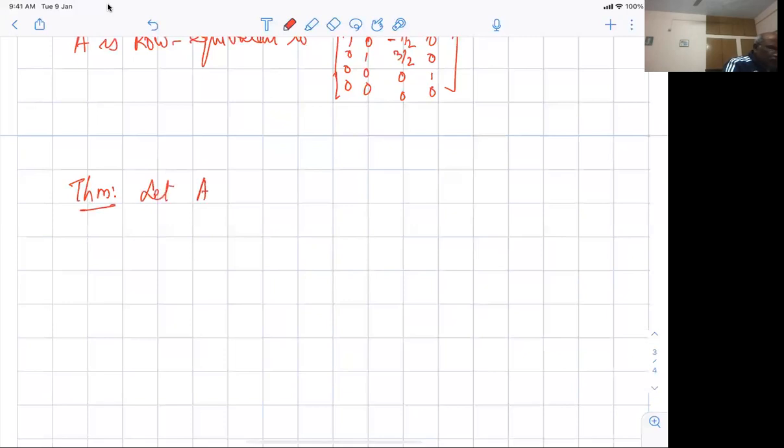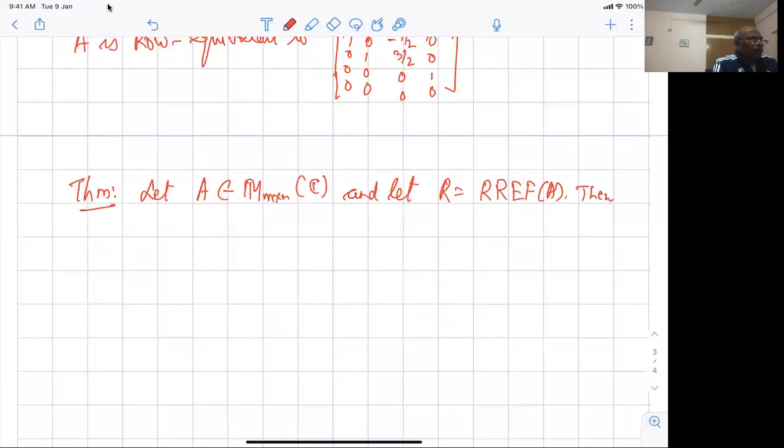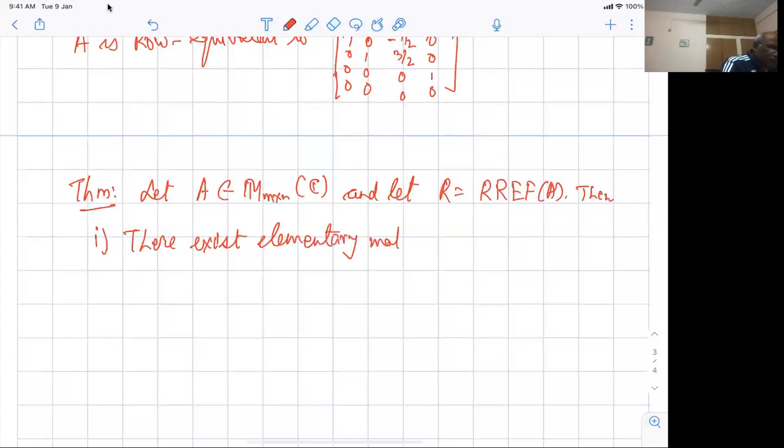Let A be an M cross N matrix over complex numbers, and let R be equal to RREF of A. Then 1, there exist elementary matrices E1, E2, up to EK, such that, let me follow the same notation, R is E1, E2,